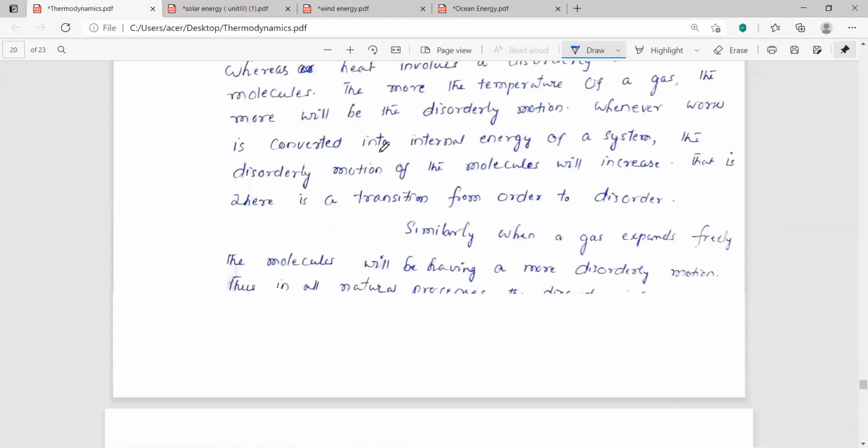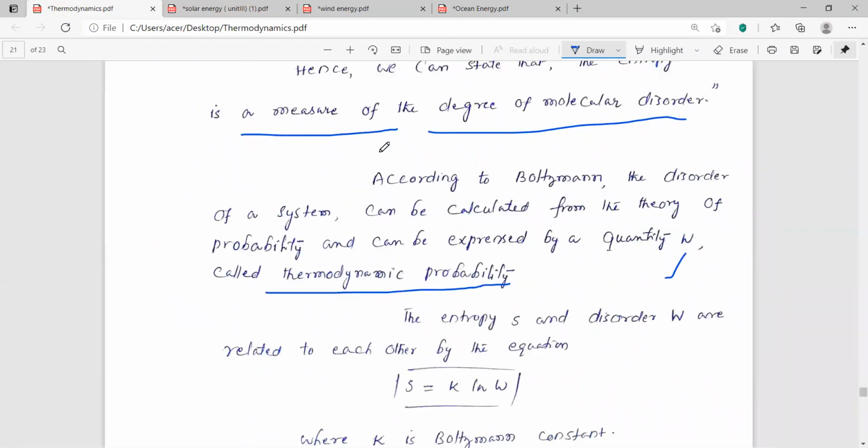After that, we have seen entropy and disorder. After that, we have seen today's TS diagram. If you take temperature on the y-axis and entropy on the x-axis, then that diagram is called a TS diagram. This diagram is very important, more important when compared to the PV diagram. So by this TS diagram, we can